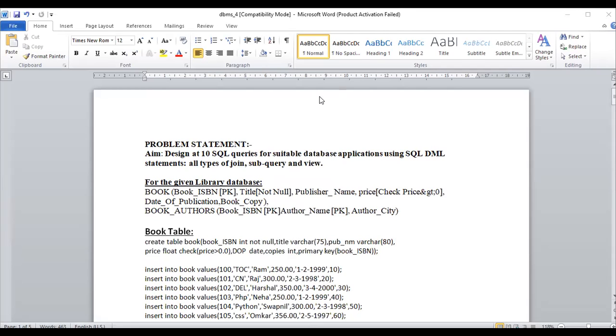SQL provides different types of functionality to perform operations by merging more than one table using the joining operations. Okay, so that is the actual third assignment. Okay, thank you all.